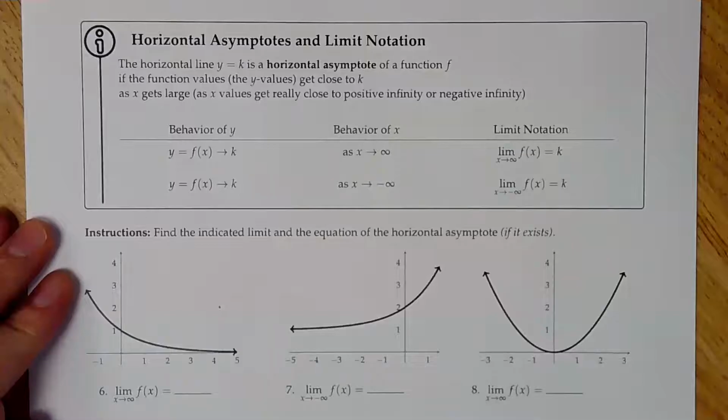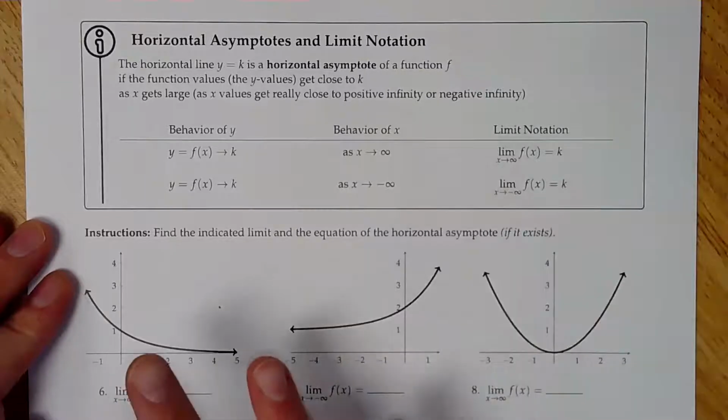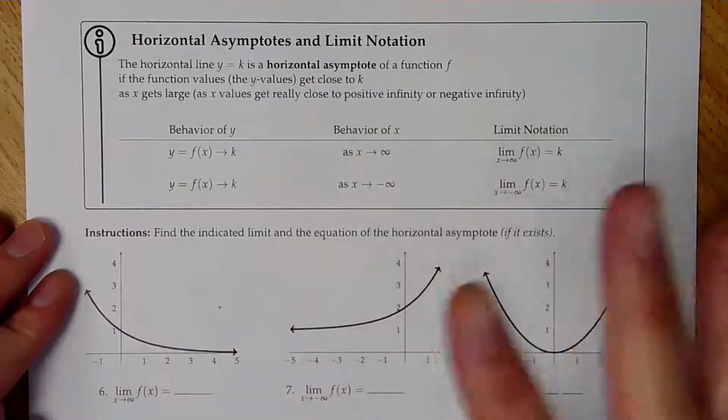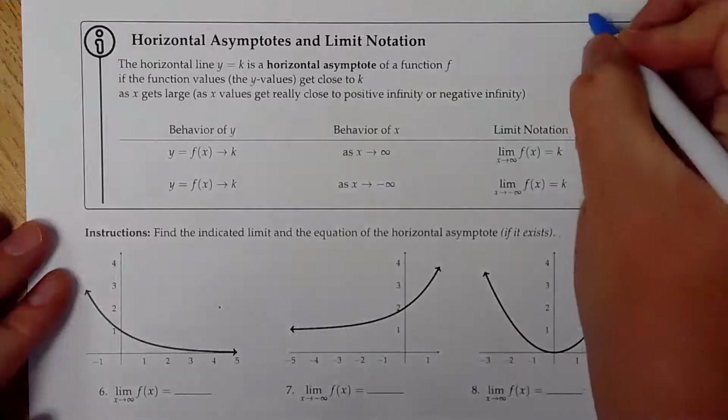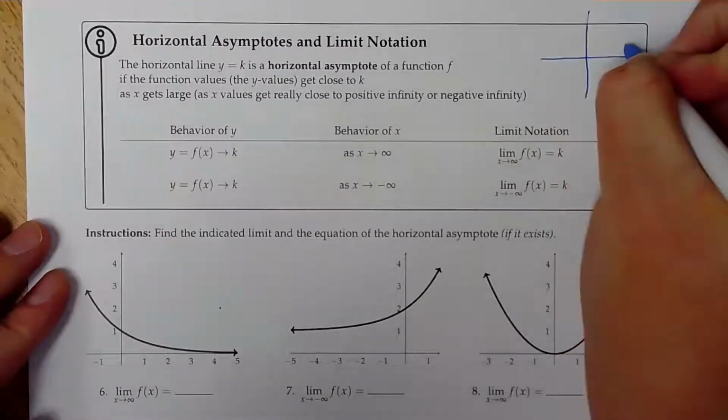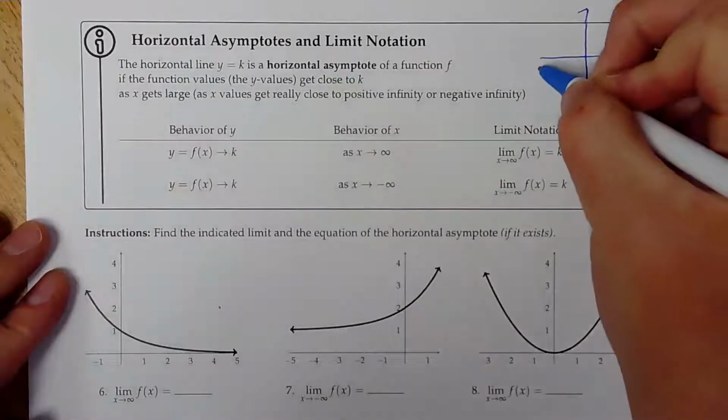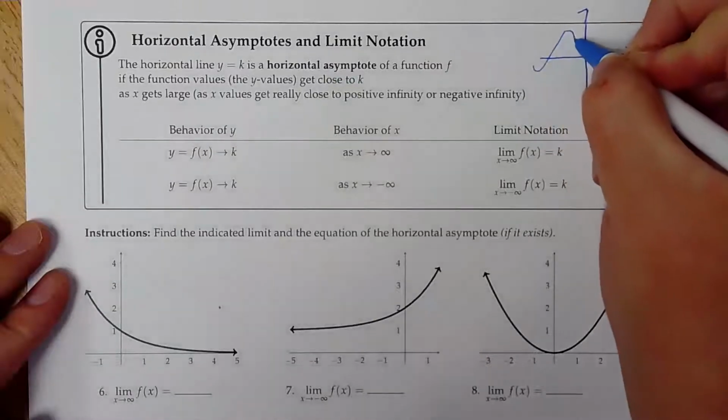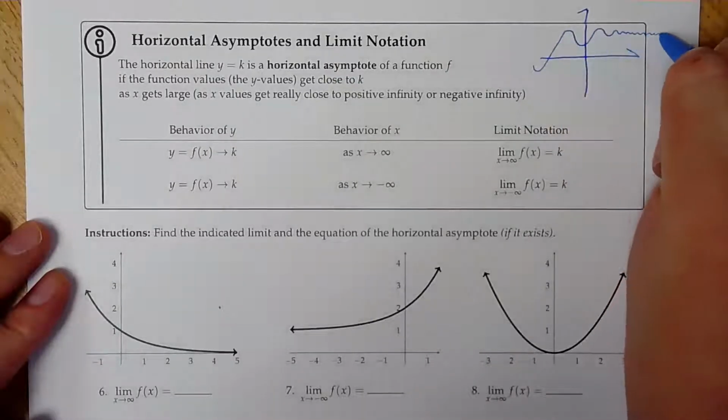All right, so we're going to look at horizontal asymptotes and limit notation. So let's talk about what a horizontal asymptote is picture-wise first, and then we'll get into looking at this explanation and the symbolism that's going on here. So if I have a graph and I have some sort of function, maybe it comes up and down, and then eventually it kind of settles